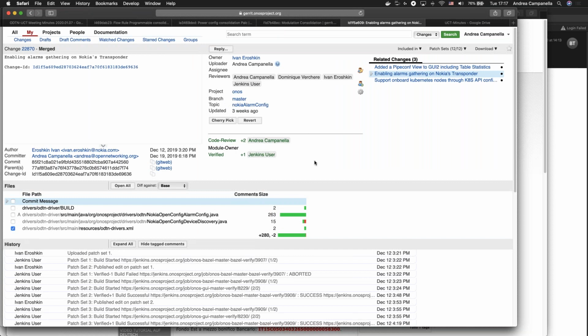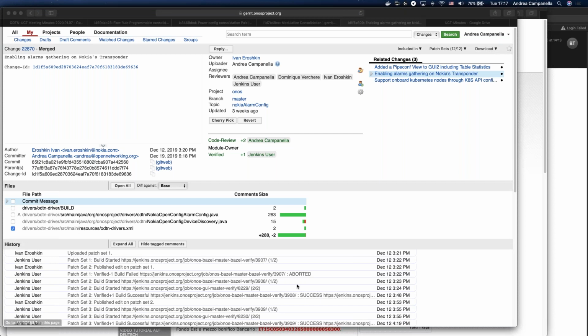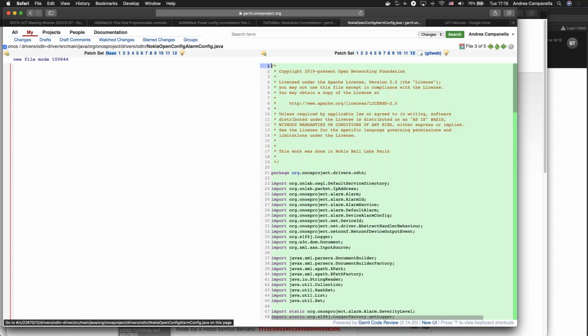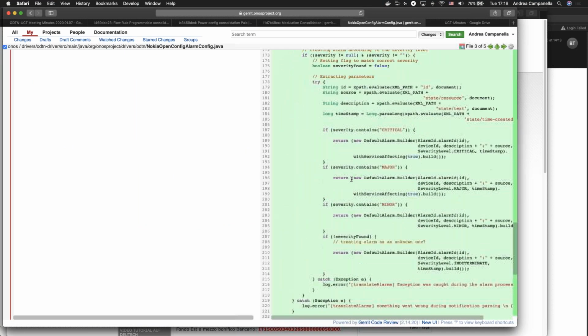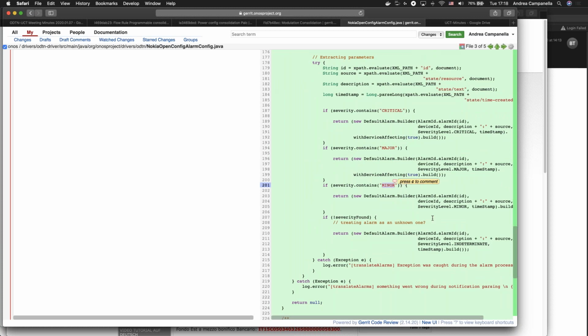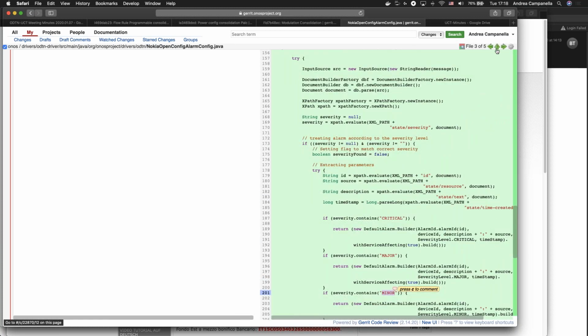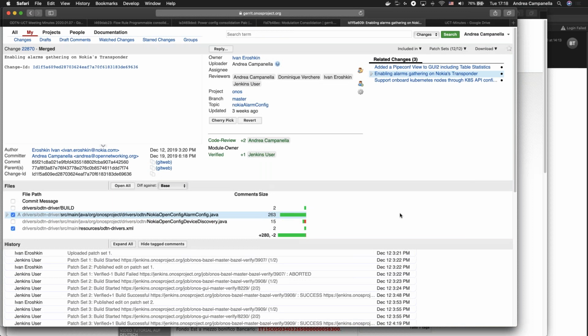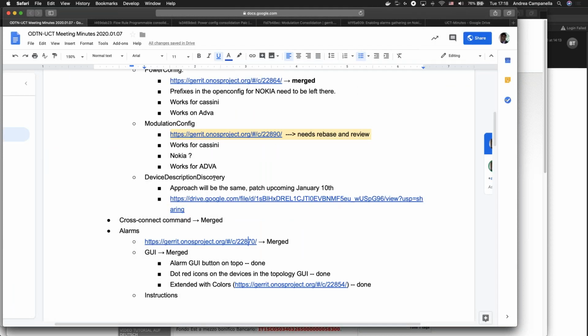We also merged this patch, which is the Nokia alarm config and alarm stuff. I actually encourage everybody to try and take a look at this. If the people at Sterlite, the people at Adva want to try this, this is perfectly fine. It should be standard. There is no Nokia proprietary stuff in the class. So we could rename it just OpenConfig alarm config for the translation. There is some stuff that might need changing, but for now the only tested one is the Nokia, so I'll leave it at that. But it got in, so that's good.